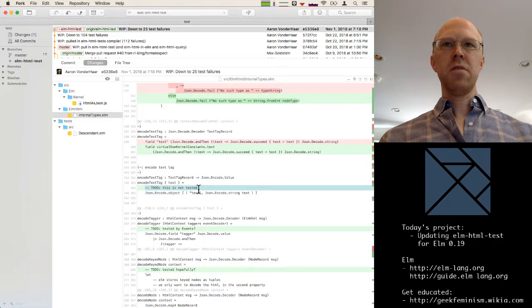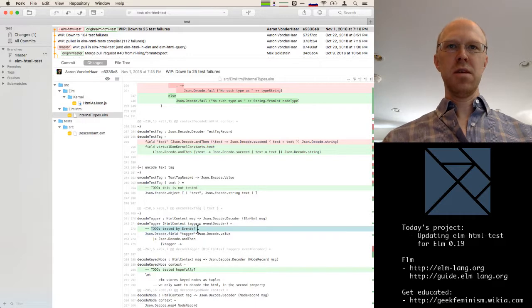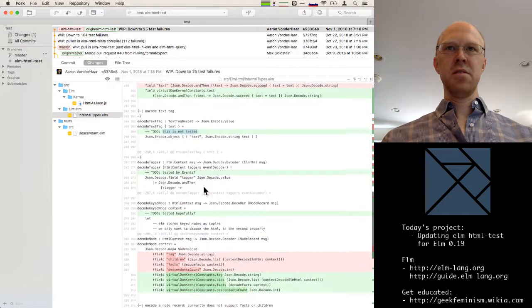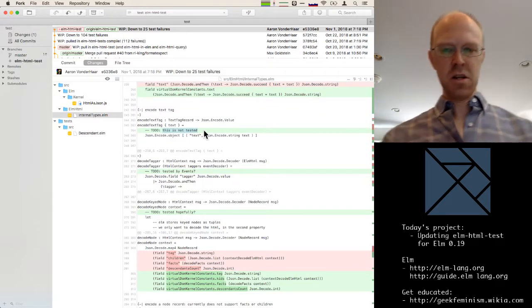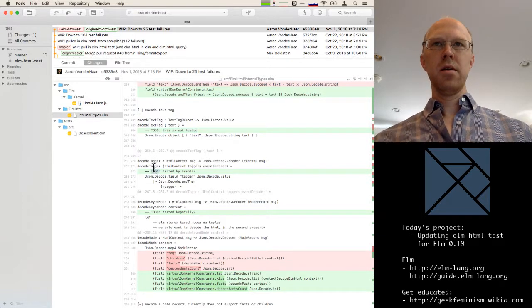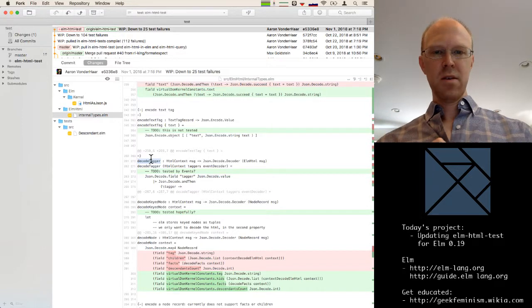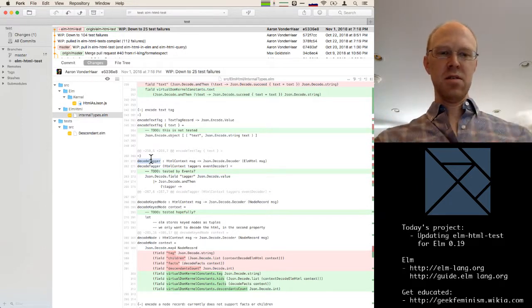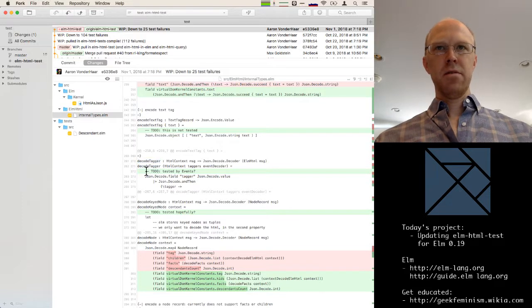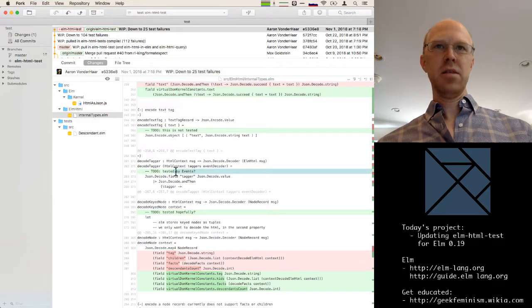Okay, we found other things like here. This we didn't update because there weren't any failing tests, but we've made a note of some of the things that either weren't tested and we'll want to revisit before we finish. Or here's one like decode tagger. Taggers are used for turning the DOM events into messages. So I'm guessing that there's going to be a test failure related to this field name that's going to be covered by some of the event tests. So I've marked those also.